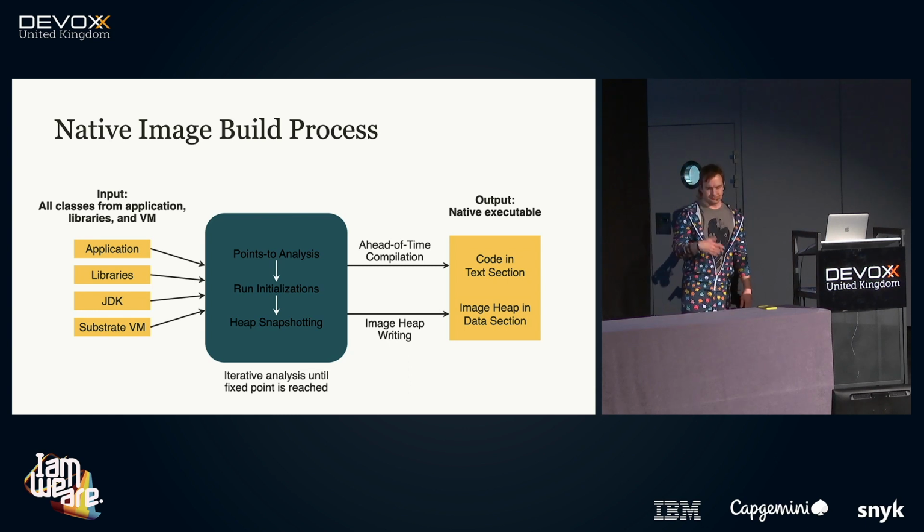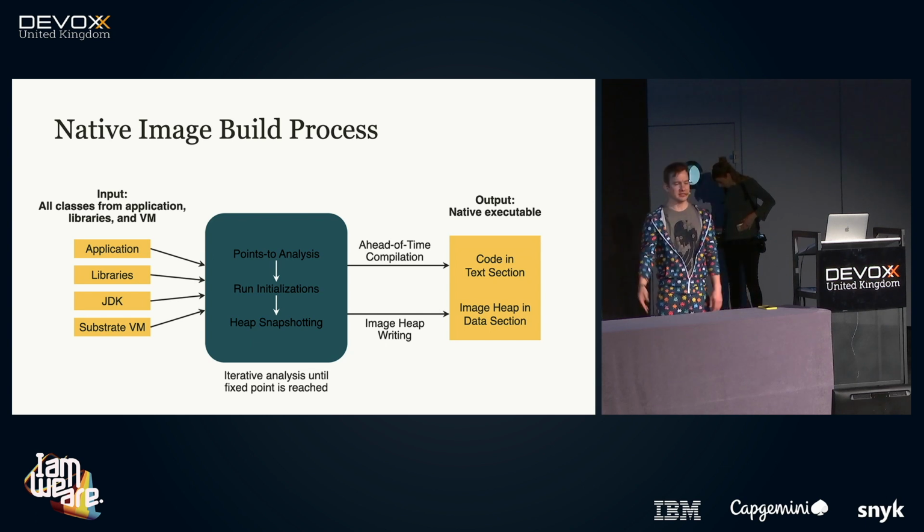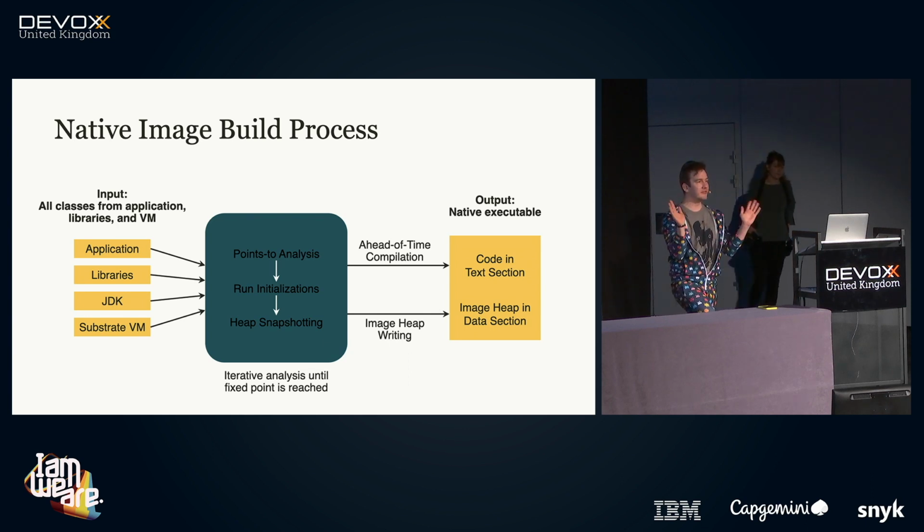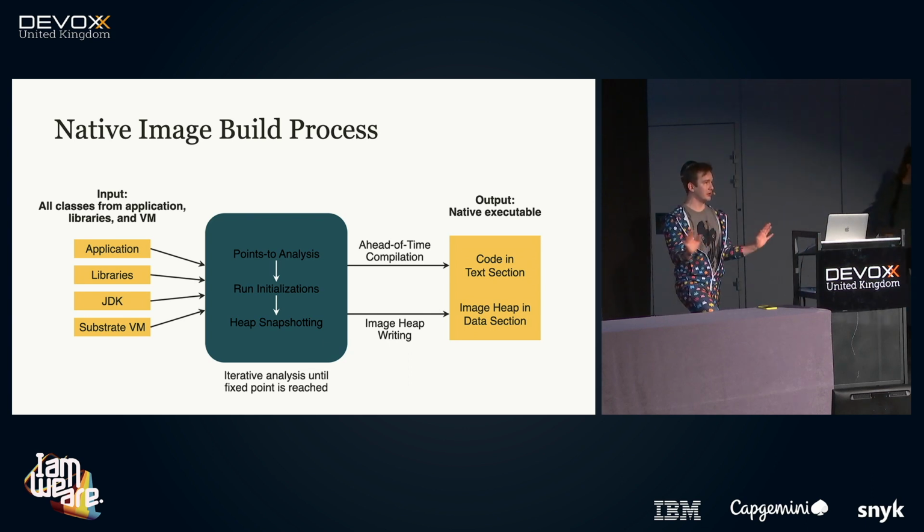And it looks at what objects are created, what classes are initialized, and it compiles only those. It creates the full universe of the objects and the classes that will ever be executed during the lifetime of our application, and it only works with those. So it effectively prunes out everything that will not be run in our application,